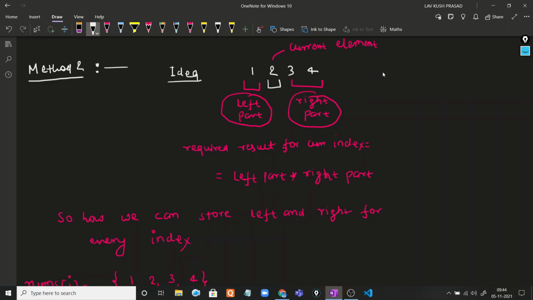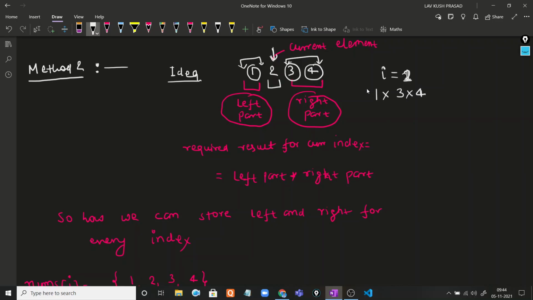Like if we are at index 1, we have to multiply this part and this part. So instead of multiplying everything and dividing by 2, we only multiply these three values: 1 into 3 into 4.